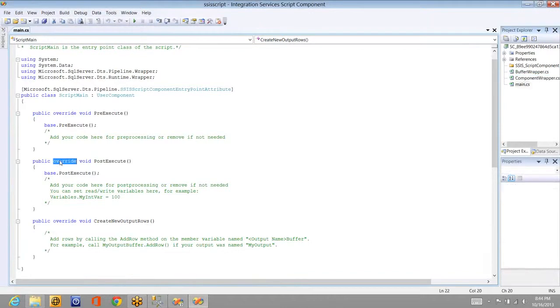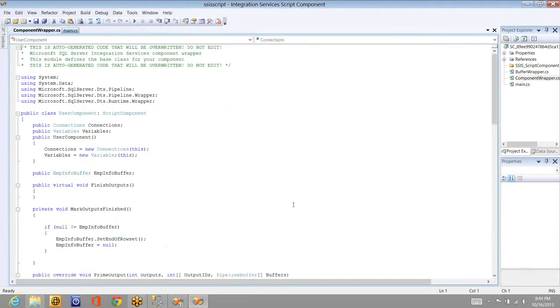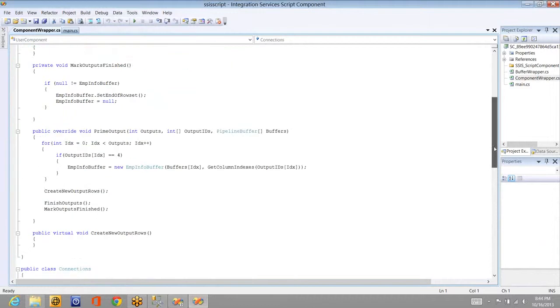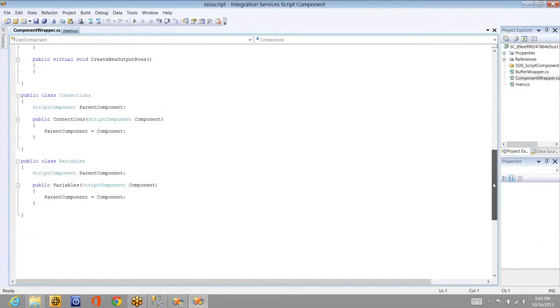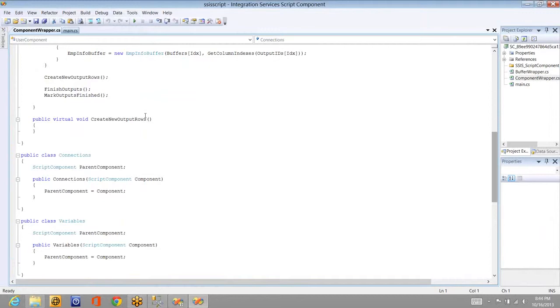Here you can see all the things are override. Override of post execute, override of pre-execute, and override of create new output rows. In the same way, there will be so many other functions which you can override in the main class. Prime output and create new output rows. This is the function which we are overriding. Can you see here? So this is the function.